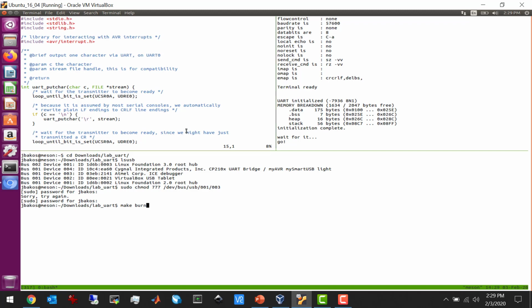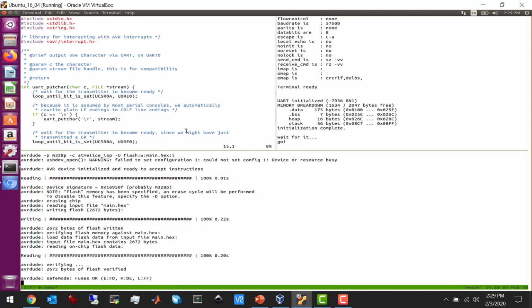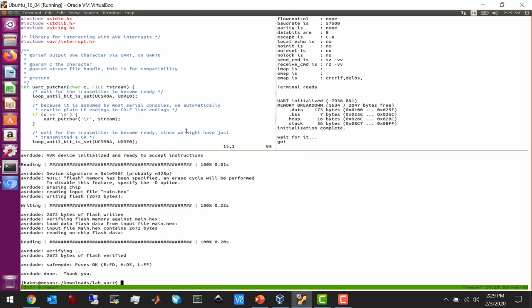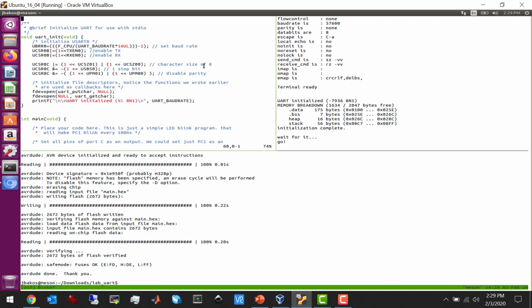All right, so I should be able to do a make burn, and it looks good. So it burned it and it programmed it. Now, what is supposed to be happening here? If we go back up to the code, so if we go down to the main function,